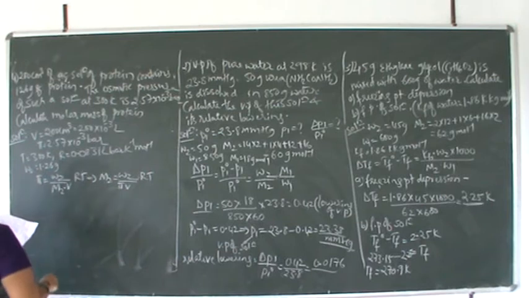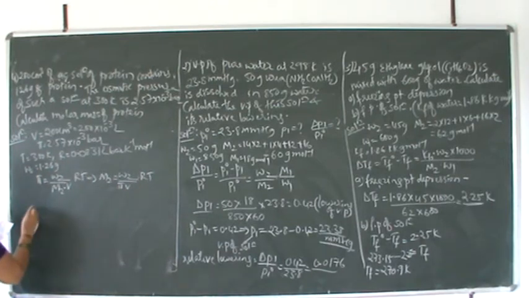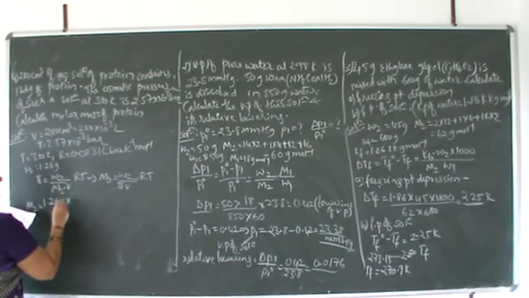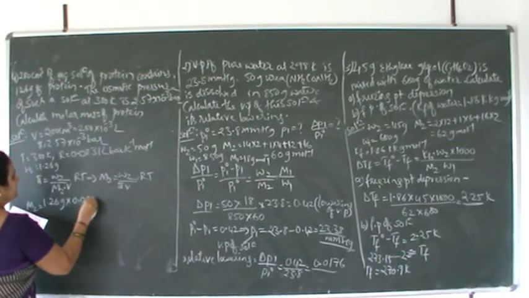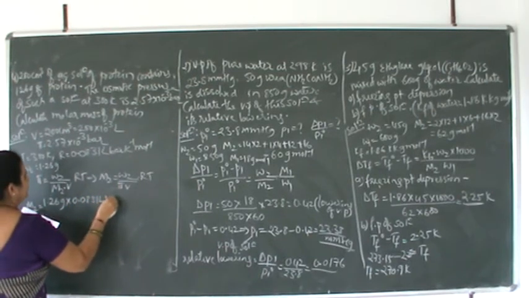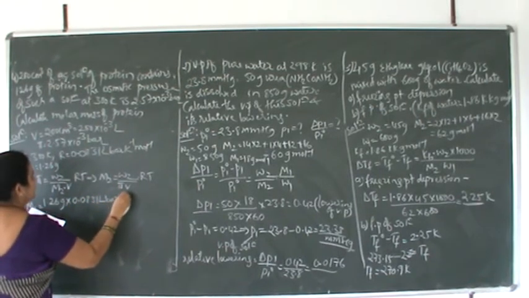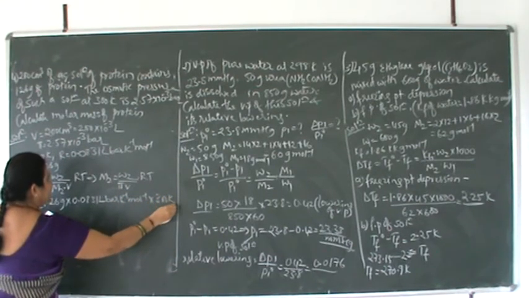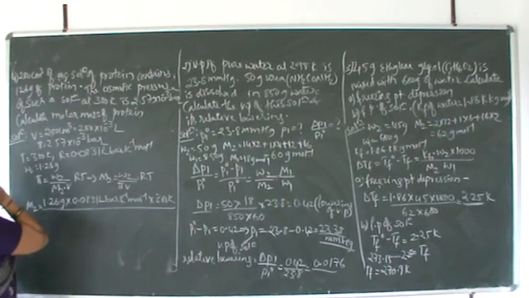Okay, now just substitute the values. M2 is equal to W2 is 1.26 grams into R is 0.0831 liter bar per Kelvin per mole into 300 Kelvin divided by